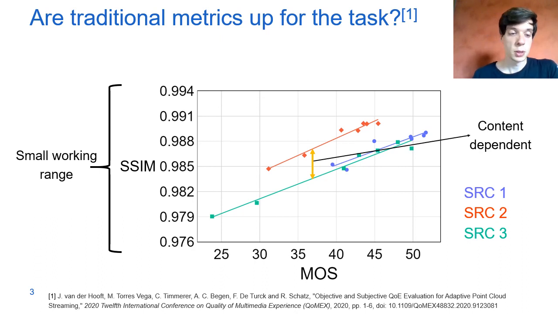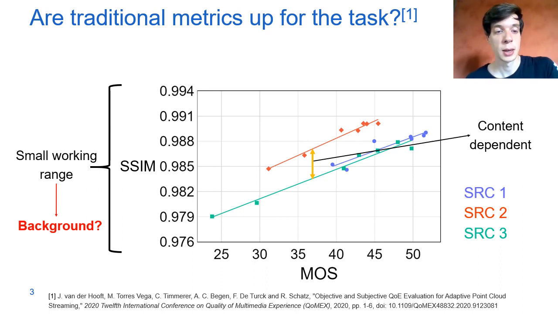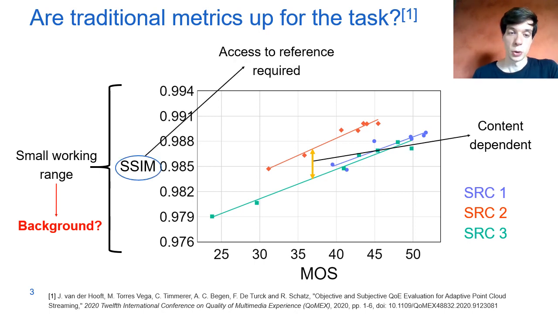And it's our assumption that the reason for this is actually the fact that a lot of background is taken into account when calculating the quality metric, such that background removal and region of interest selection could prove a solution to this. Third, I would also like to remark that SSIM is a full reference metric, so although it can be calculated on a frame-by-frame basis, we still require simultaneous access of both the reference and the distorted content to calculate quality, which is of course unwanted if we want to provide real-time client-side quality estimation.